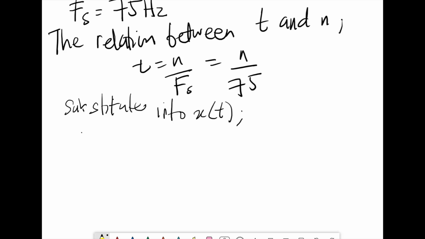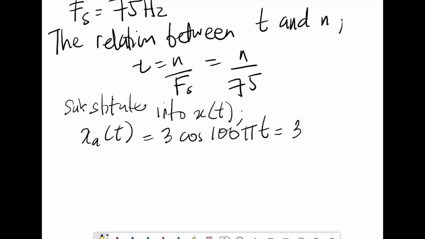So xa(t) equals 3 cos 100 pi n over 75. Okay, this gives you